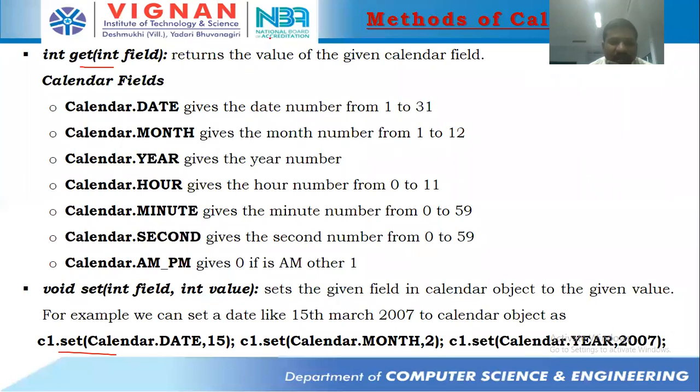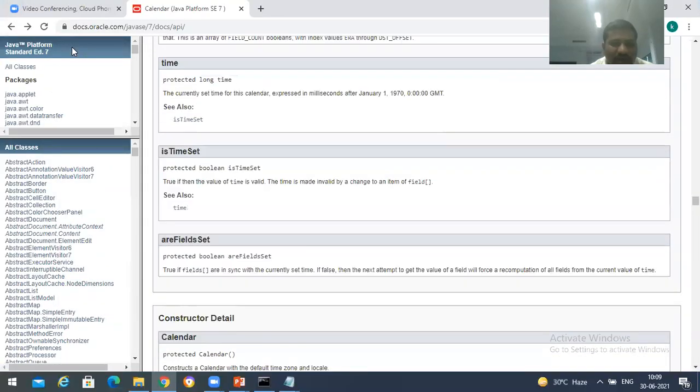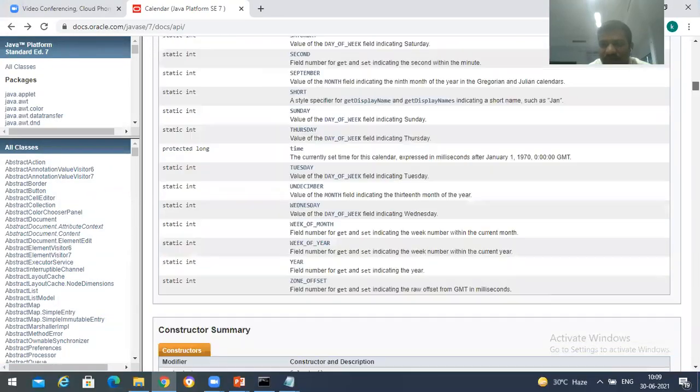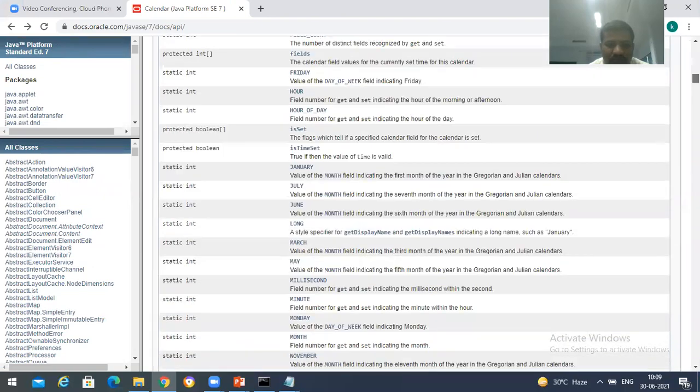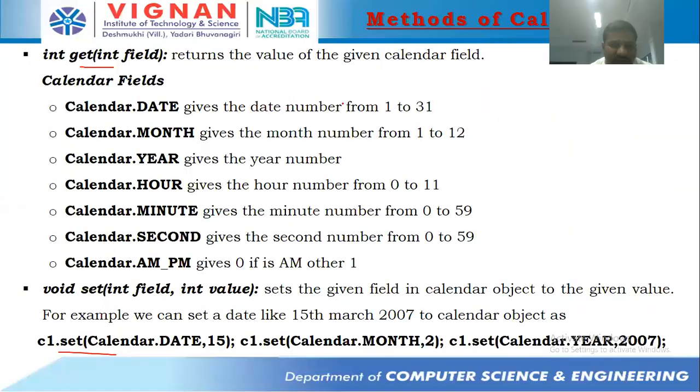With the help of this get method, we'll be taking the fields. It is going to take some variable, and with the help of this get method, we'll be taking the particular field value. We have a set of fields as we already saw in the Java API. A huge number of variables are available over here. Among them, a few important variables are